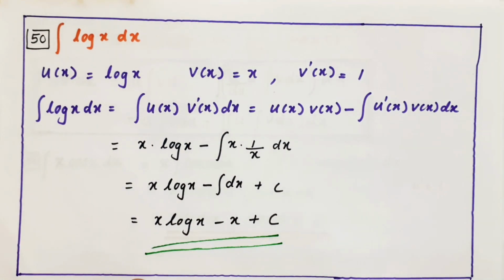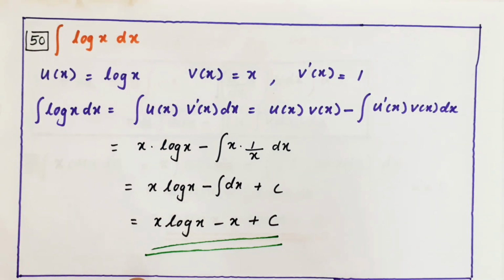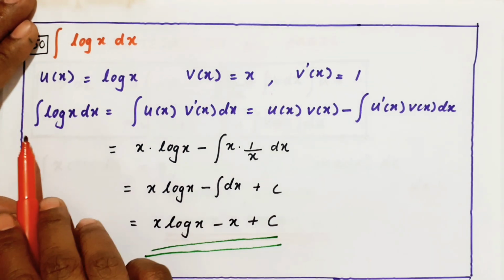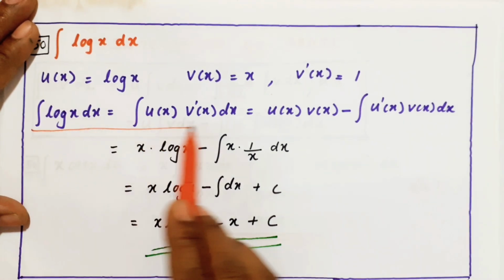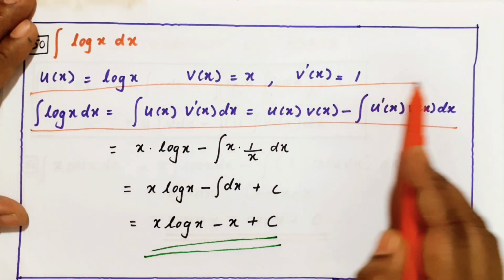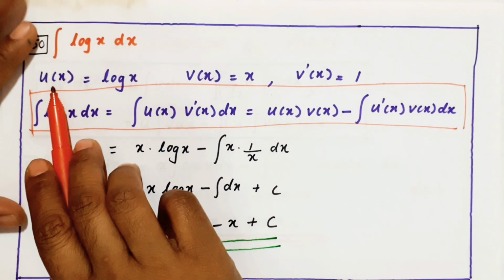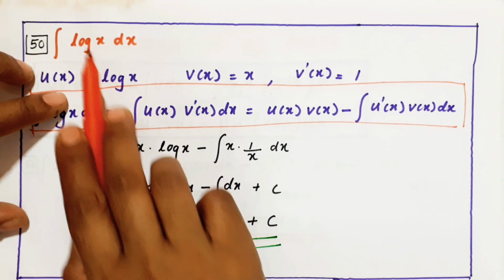Doing this question only, I introduced this method. In the next video, I'll give a very simple form of integration by parts. So you see here, it is integral of log x dx. Actually, there is only one term here. So how do we do the integration by parts? It means we take this log x dx, and one term is not at all there, but we are considering one term as x. What I did here, you see, u of x is log x, v of x is not there.